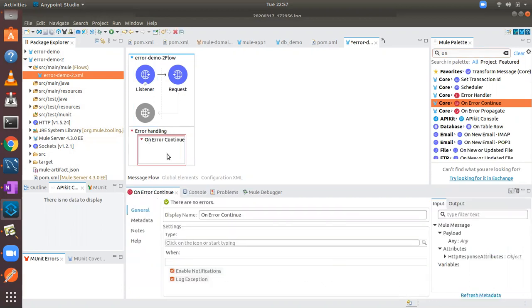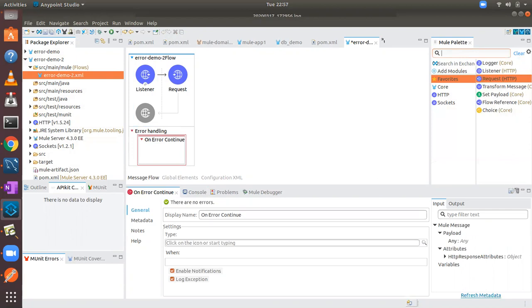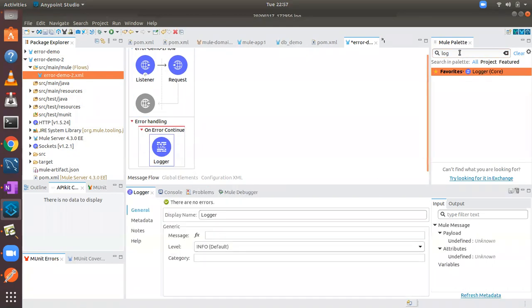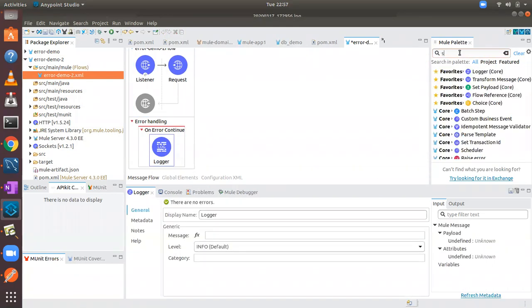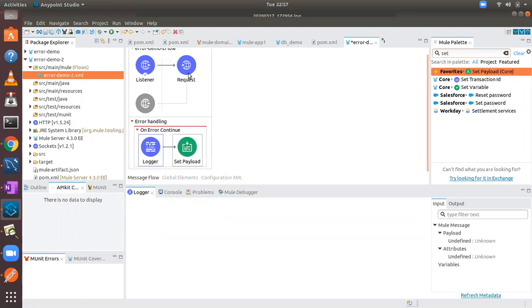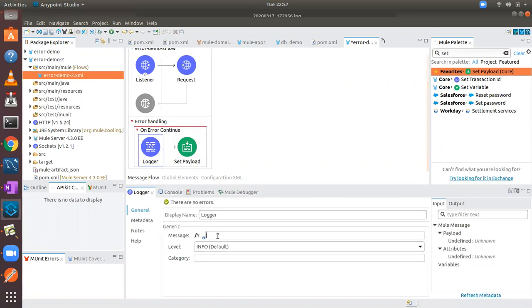In on error continue, I'm configuring a log statement, and I'm setting up a response, so you can set the payload. In the logger, I'm writing something like this.